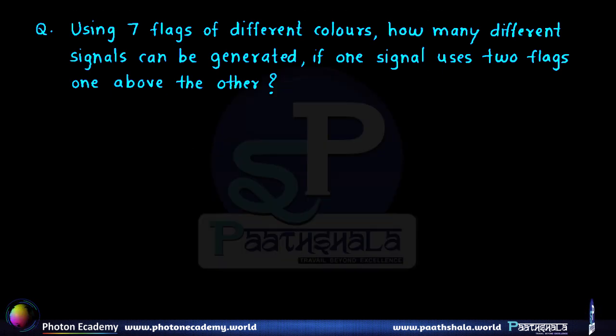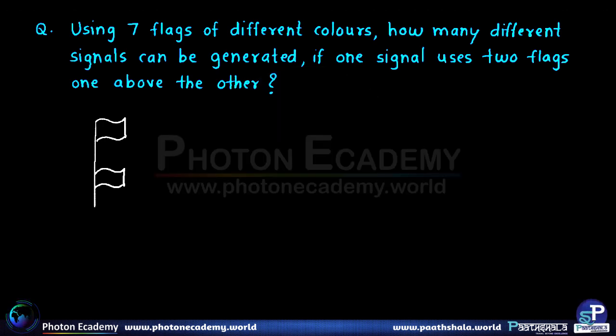So if you imagine a signal, the question says that it consists of 2 flags, one below the other. So this together makes up one signal. Now we are given 7 flags of different colors. So all the flags are of different colors and we want to arrange any 2 of them one below the other. So let's start filling the places once again. That is, this top position in the signal